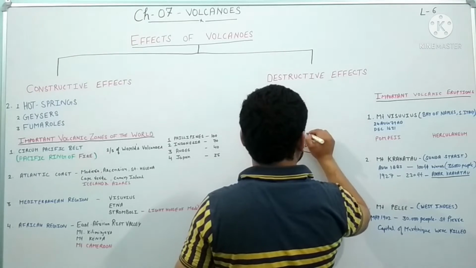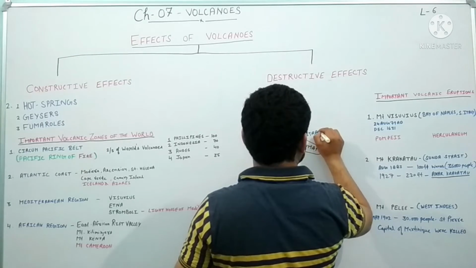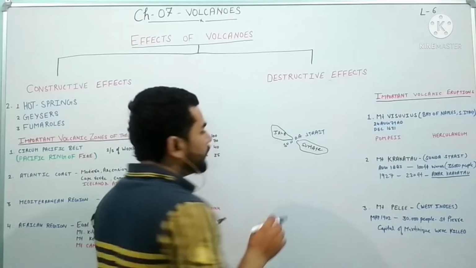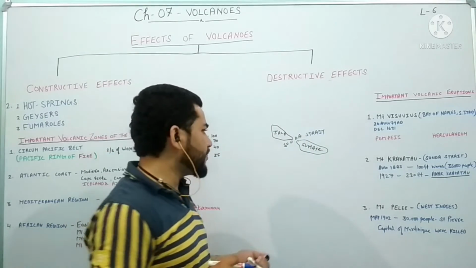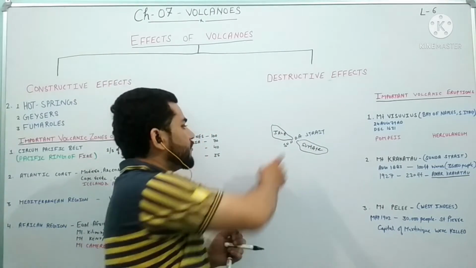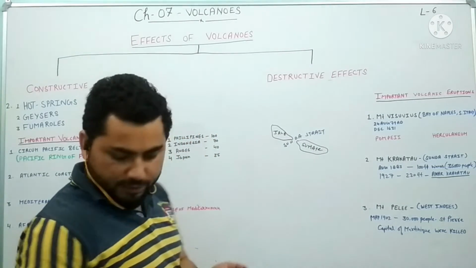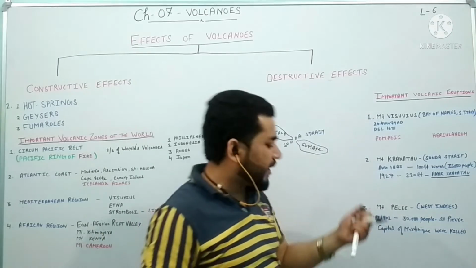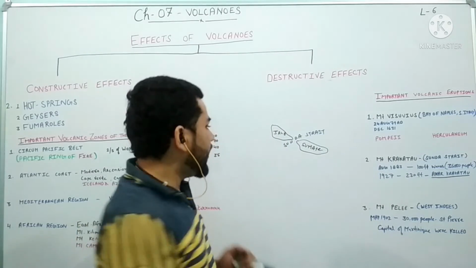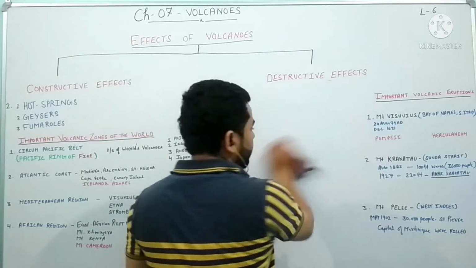Sunda Strait. What is a strait? A small water body joining two large water bodies is called a strait. Okay, so this is a small water body joining two large water bodies. Here Mount Krakatau is located, and this Mount Krakatau